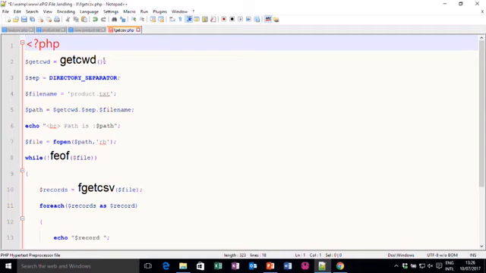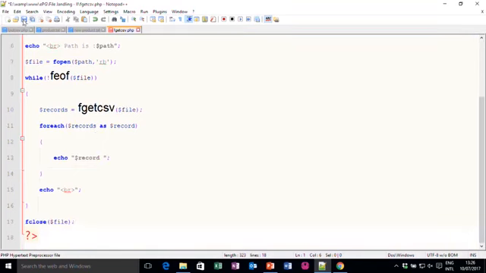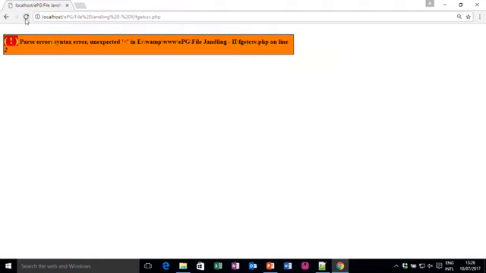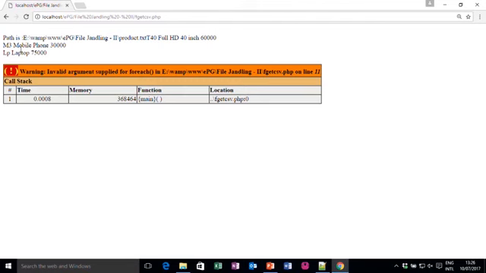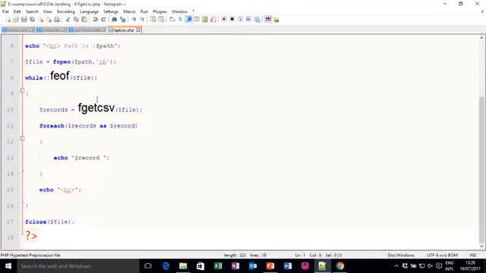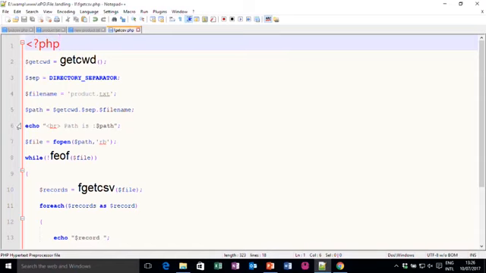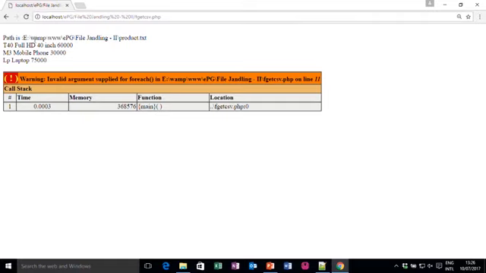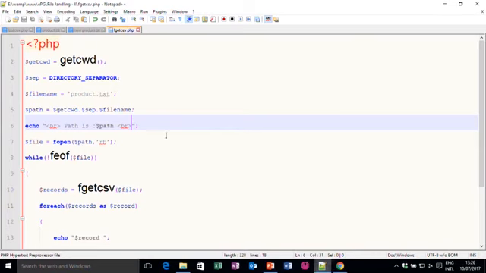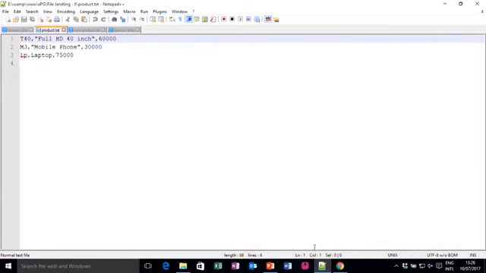So, there is an error on line 2. It is line 2, so let me get the current working directory like this. Save this, refresh it. So, now it shows the path, and after the path I did not provide a break. In fact, I can put a comment into it, but let me say, so we can know which file we are actually reading. So, put one break here. Now, if I run it, you can see it will display all these 3 records from the product file, right,